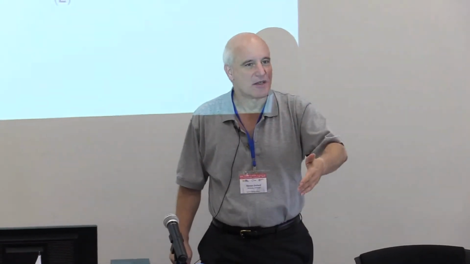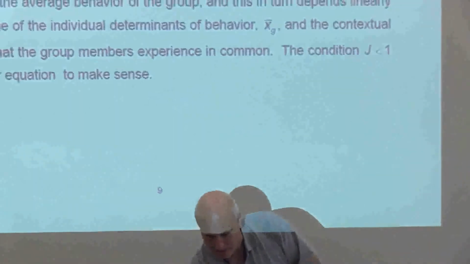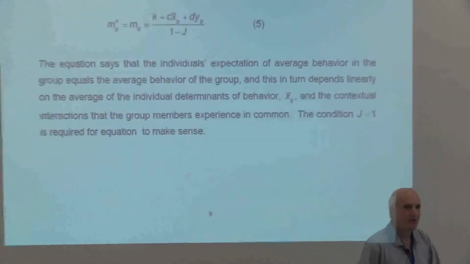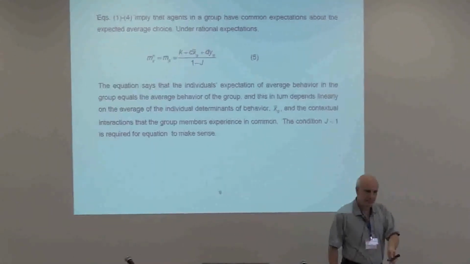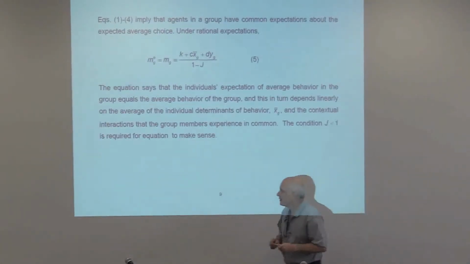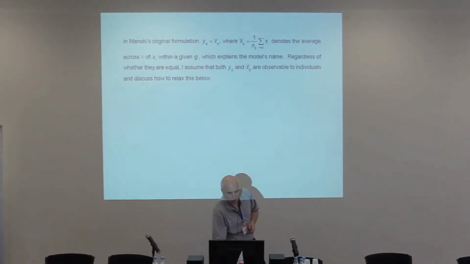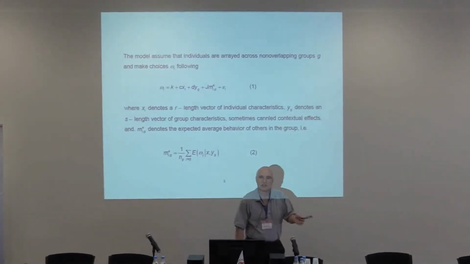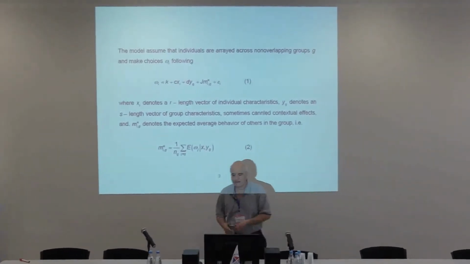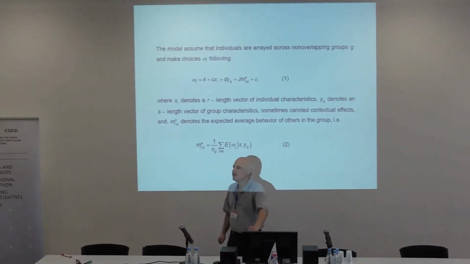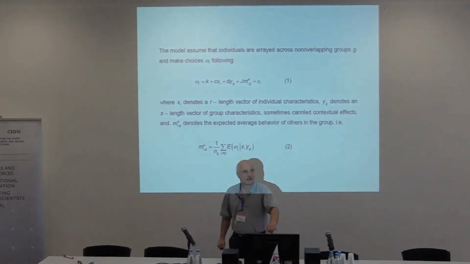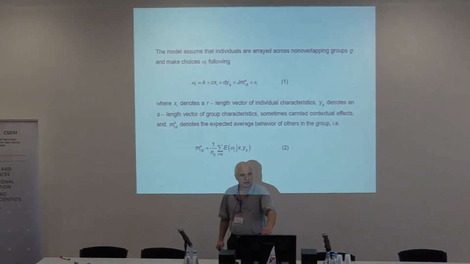But we need a formula for it. After all, I don't know if that conditional expectation is linearly dependent on the X's and the Y's, do I? I just know it's another variable. So that's why we do this calculation right here. What is the expected value of behavior in a group? So the way to think about it is, I take this equation 1. This is basic rational expectations calculations. I take equation 1 and I take the expected value of both sides. The expected value of the left-hand side is by definition M.